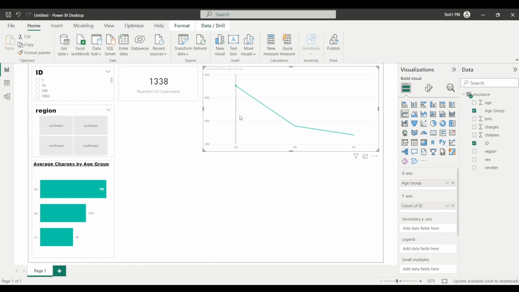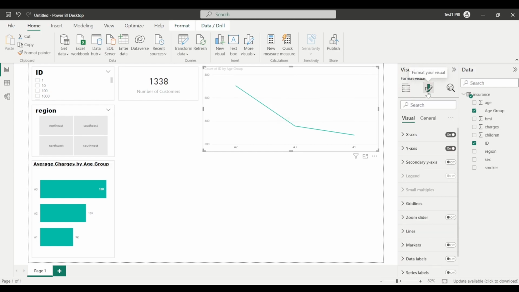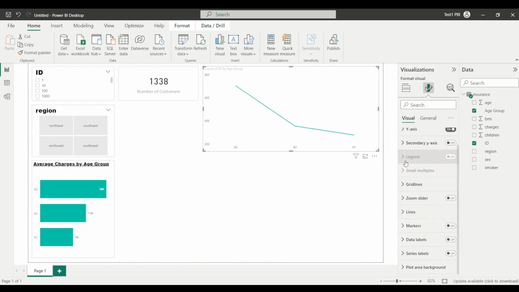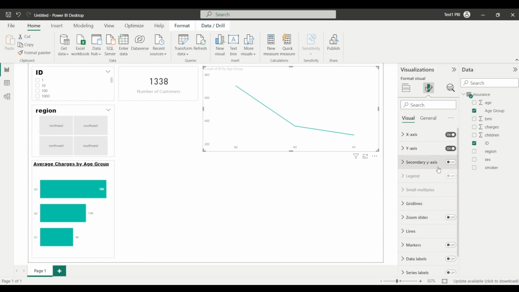Now for this line chart, let's say I want to remove the grid lines. So I will select this particular line chart, and I'll click here on Format your visual. Then under these grid lines, I will change this horizontal grid lines to off, and in this manner these grid lines will be removed. Let's say I want to change this x-axis and y-axis also to off,